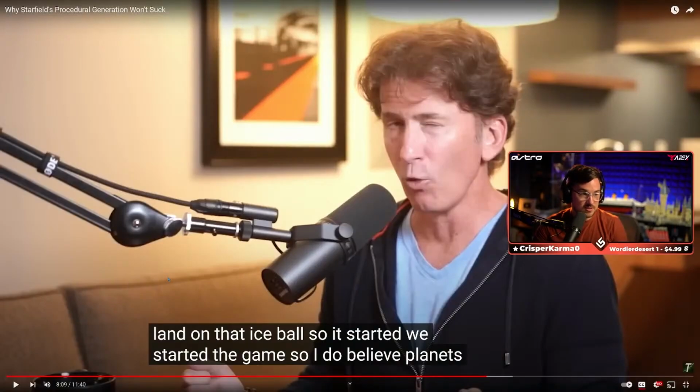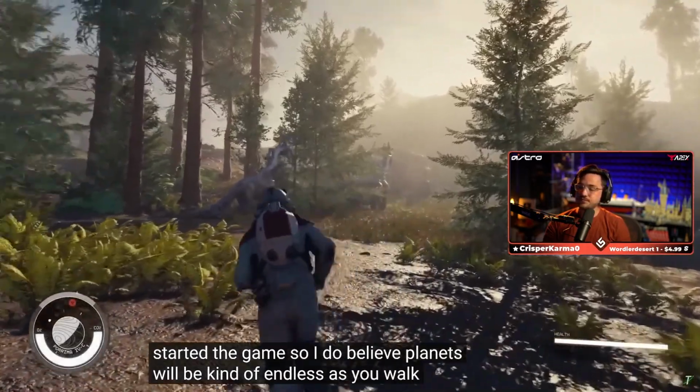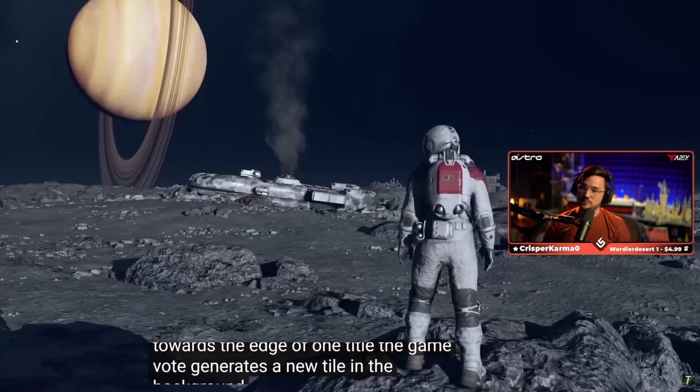And so if he's discussing how he's generating this and saying, yeah, we don't like being super restrictive, you have to wonder, okay, you're going to let us just run. How does that work with the procedural generation stuff, which is what he's referencing? Planets will be kind of endless. As you walk towards the edge of one tile, the game will generate a new tile in the background,